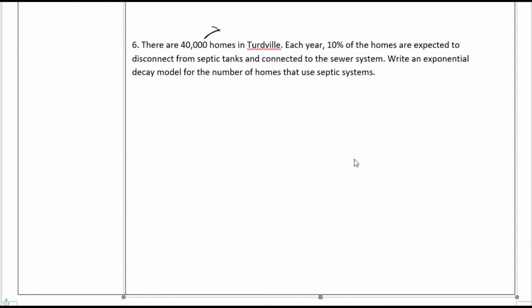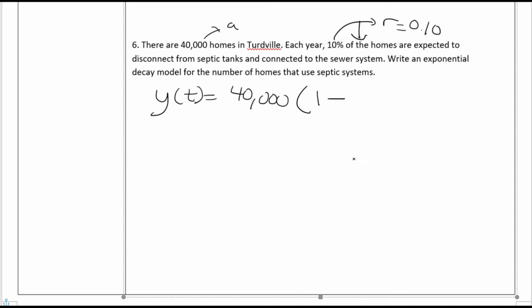So this is my initial amount of homes, and then it's saying 10% of homes are being disconnected. So that means the number of homes is decreasing by 10%. So this is my R. My R is 0.10. So that means our model is y of t equals 40,000 homes, 1 minus,